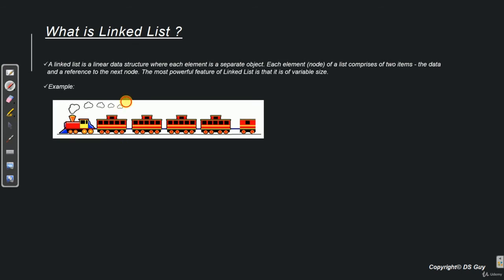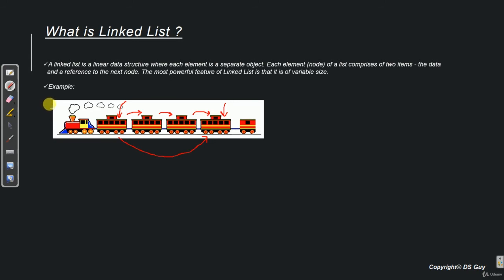What that means is, if we are sitting in this compartment and want to go to that compartment, we cannot directly jump to it. We have to go to compartment 2, from there to compartment 3 and finally to compartment 4. Of course, we are assuming that the train is moving.